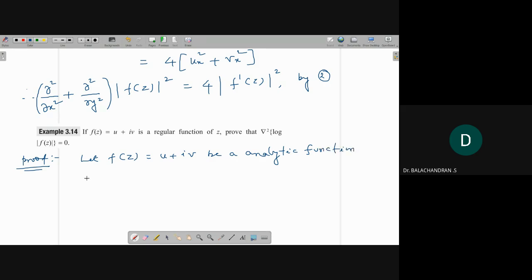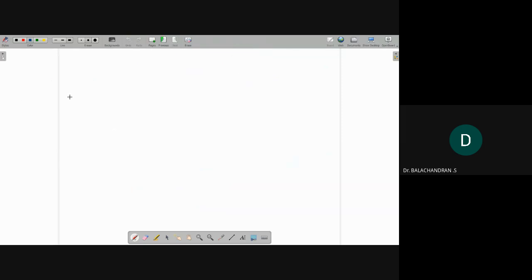So okay, then modulus of f of z. What is modulus of f of z? It is equal to root of u square plus v square, or you can write this as u square plus v square whole power half. So the remaining part you should differentiate: you should operate del square on mod f of z. So first I'm going to find dou by dou x of